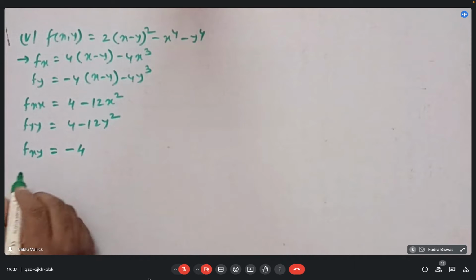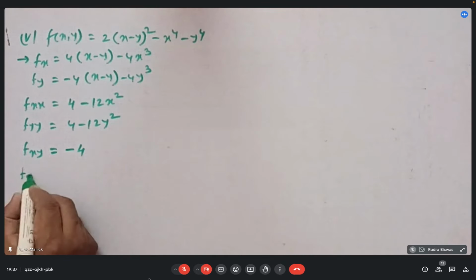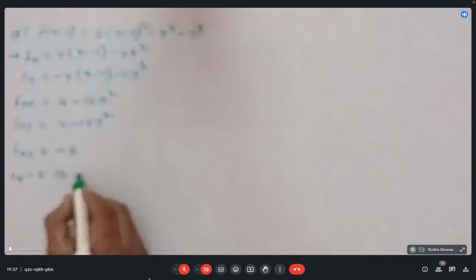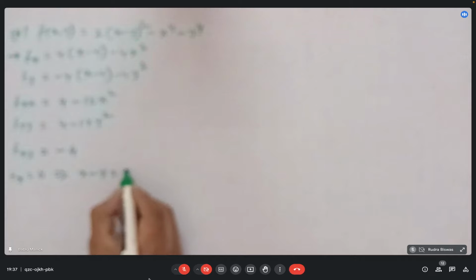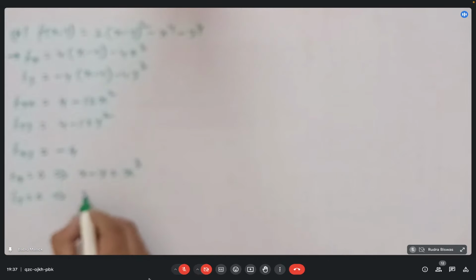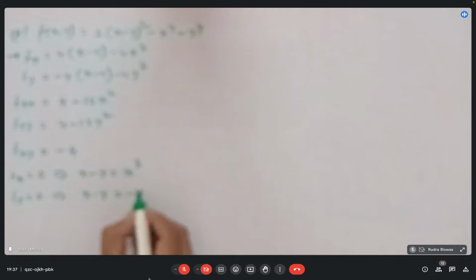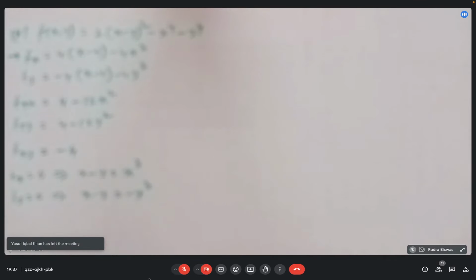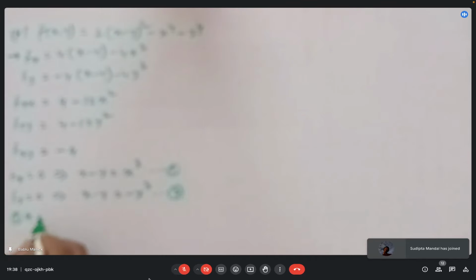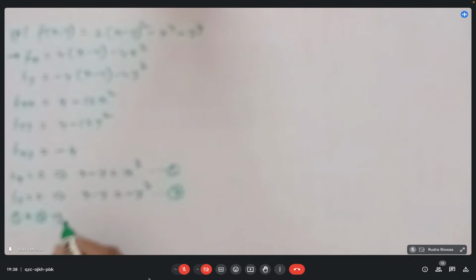Look, fx is equal to 0. So this equal to 0 gives you x minus y is equal to x cube. And fy is equal to 0 will give you x minus y is equal to minus of y cube. This is number 1, it is number 2. From 1 and 2 we get,